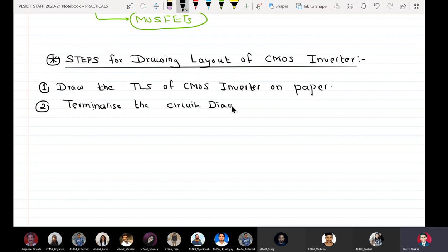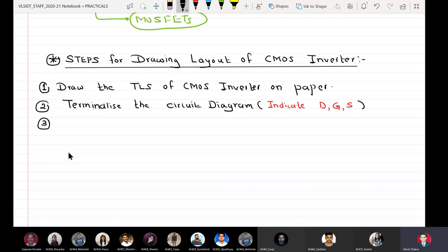When I say terminalize, it actually means we have to indicate the MOSFET terminals. So terminalize means indicate drain, gate and source. That is the meaning of the phrase terminalize the circuit diagram.